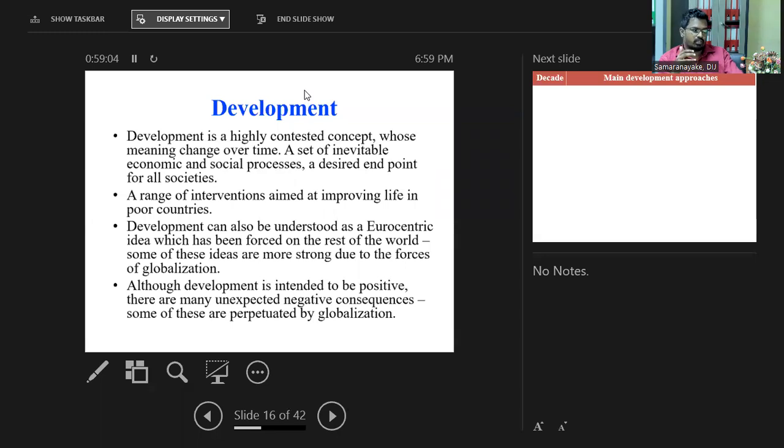And anyhow, finally, development focuses on helping societies or social processes to achieve their desired endpoints, because each society has its objectives. I mean positive, better objectives. So, for example, everyone needs to have satisfactory lives.